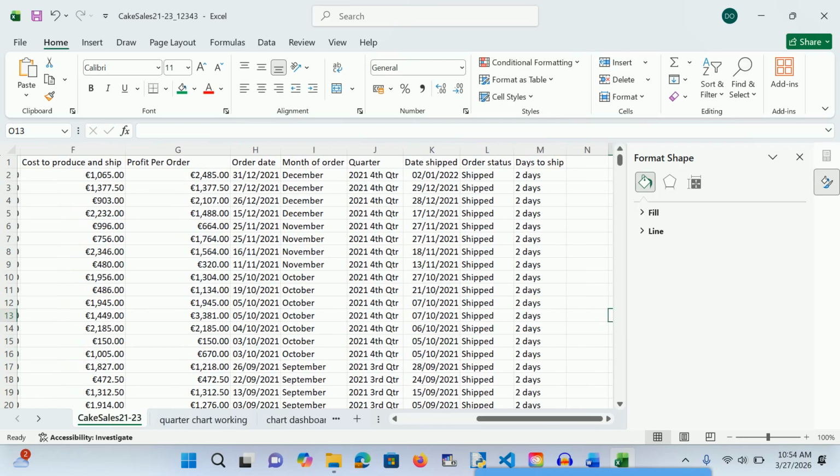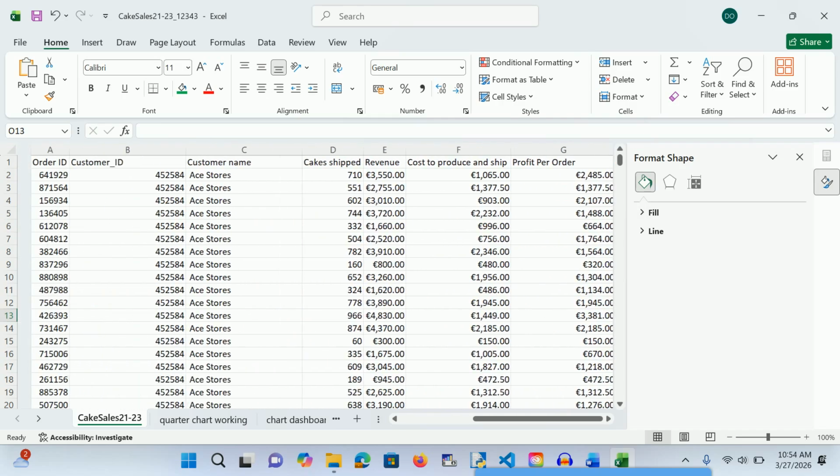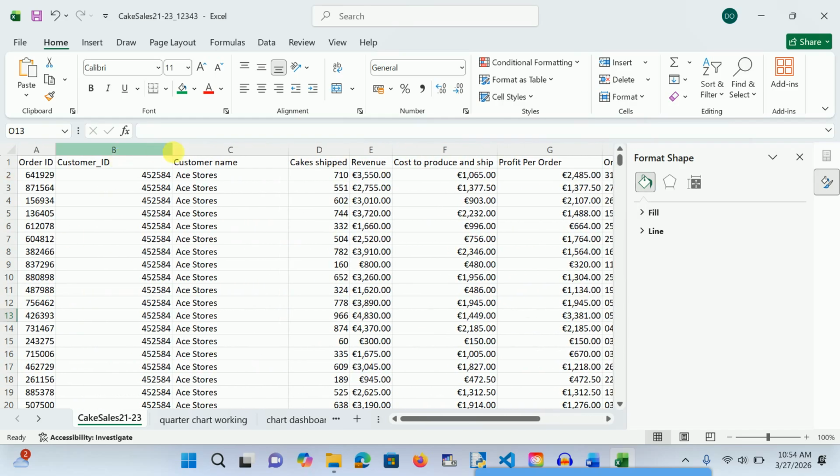When you look at it, you need the customer name. You need the customer name. Control, you need the quarter. You also need the quarters. Yeah, you need the quarters and